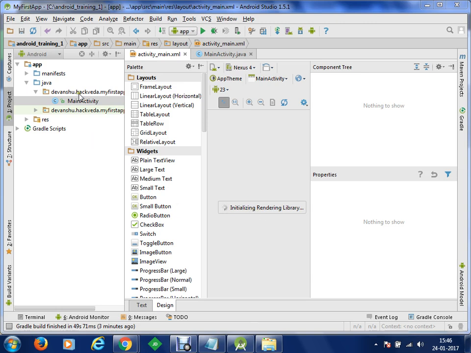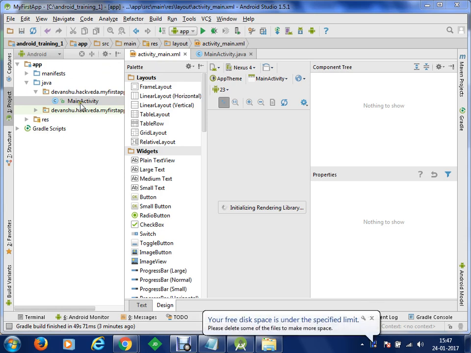On the left hand side you have the Android section wherein your application files will be managed. You have to go to activity_main.xml and scroll down, and you'll be able to see that. Here in the Android section, this is your project manager, package explorer.